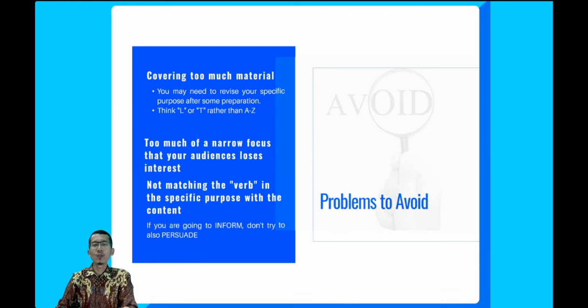Okay, now we are going to talk about the problems to avoid in public speaking, especially in developing the topics of your speech. The first problem many students have in writing their specific purpose statement has already been mentioned. It is that specific purpose statements sometimes try to cover too much and are too broad. For example,